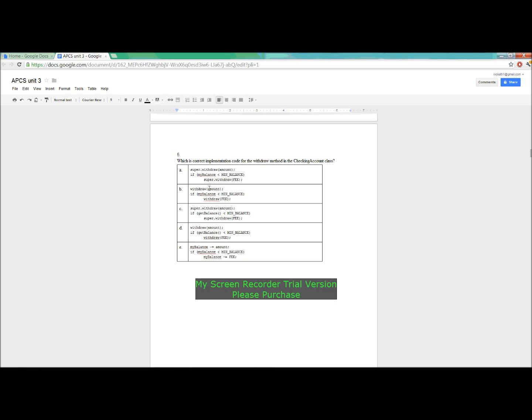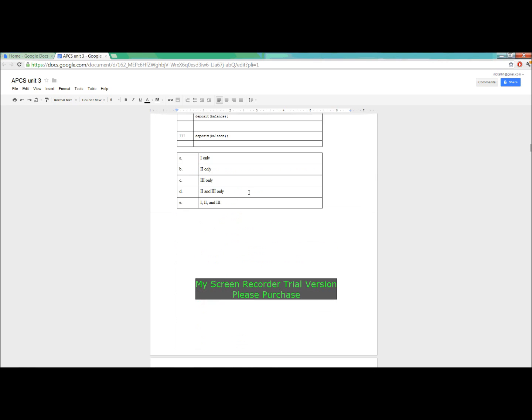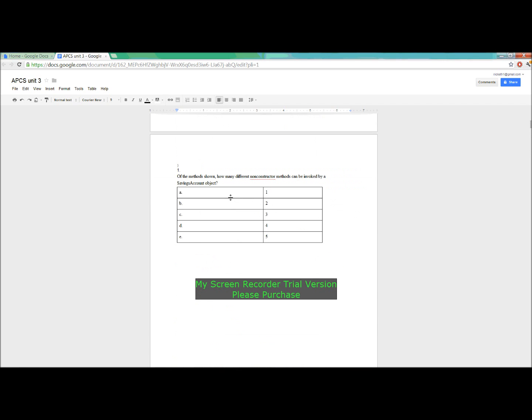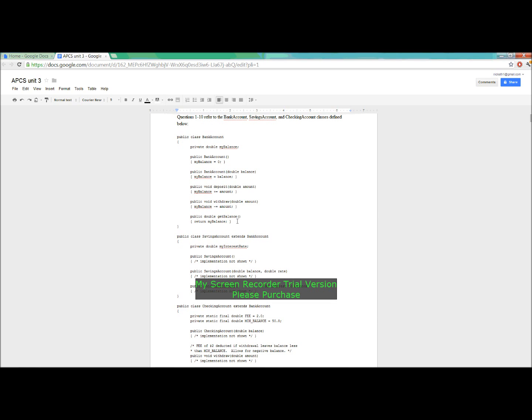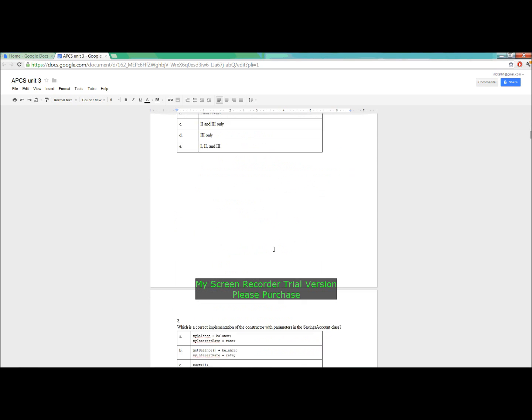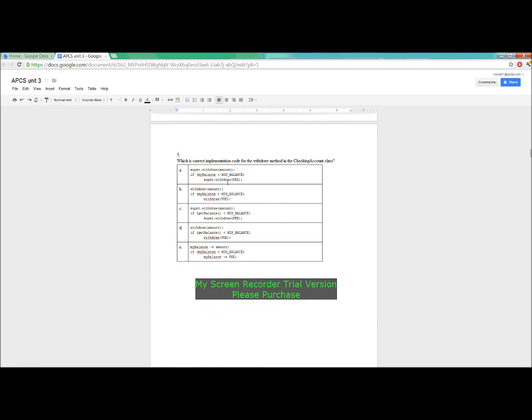So the difference here is in withdraw and super.withdraw. We can go up and check the methods. So A looks fine so far, but I will probably find something wrong with it after I've gone through the rest of them. So yeah, this takes out the amount,